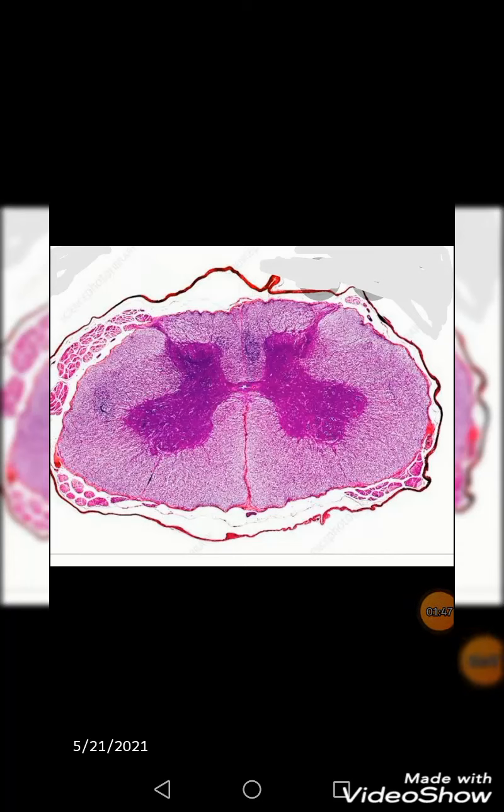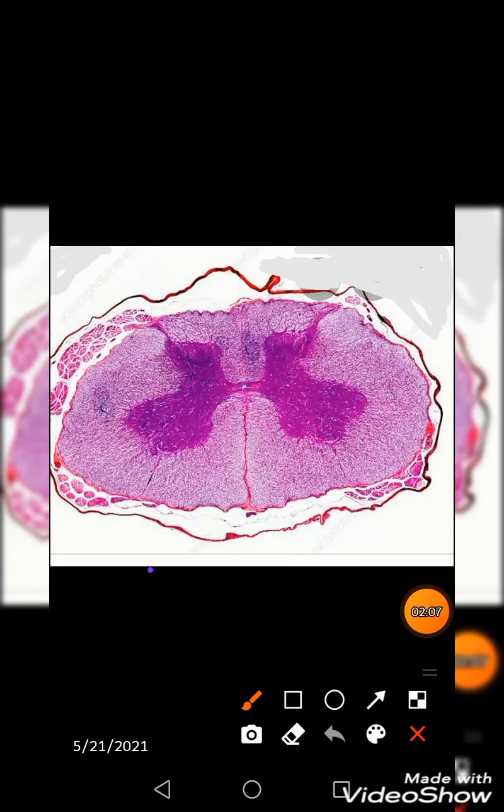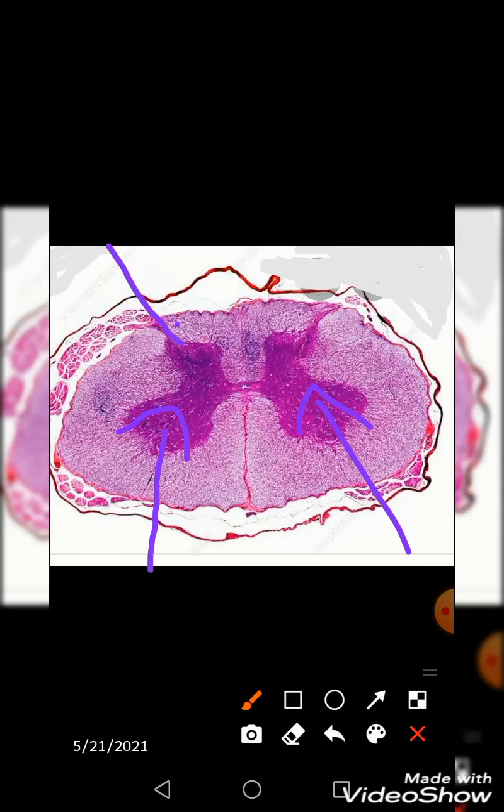Here in this picture, you can visualize the centrally located darker stained area called gray matter, which is an H-shaped structure or like a butterfly, right? And let me mention to you its various horns. Let me mark with the arrow that the most prominent, anteriorly placed, are the ventral horns, and the smaller ones are the posterior horns, right? And you can observe the central canal present in between, and that is filled with the CSF,